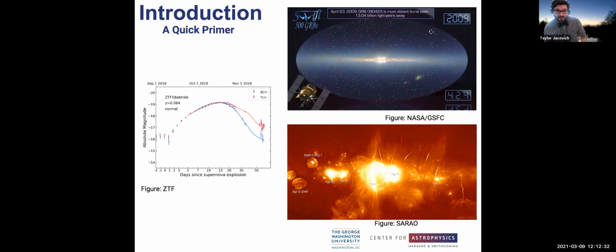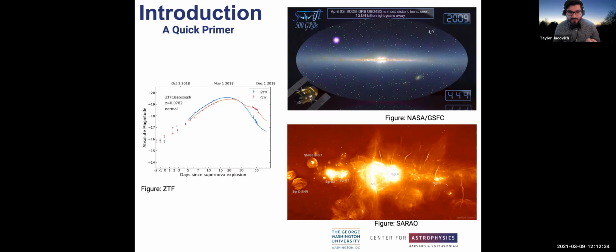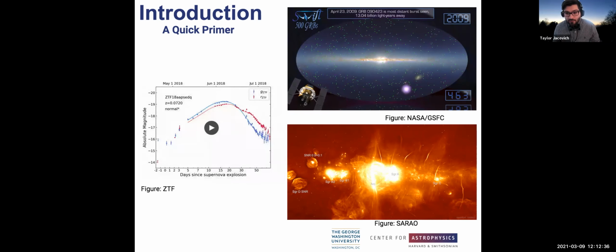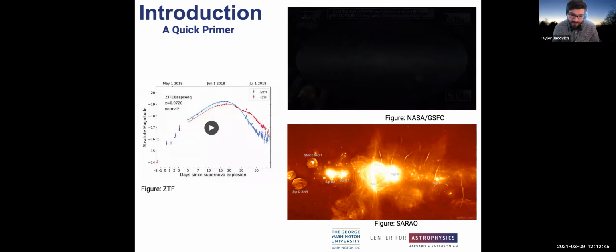So there's going to be a lot of data coming our way. There's going to be a lot of new objects discovered. So it is really important that we are able to model them. And this poses a bit of a problem for the more traditional method of modeling supernovae and their remnants and